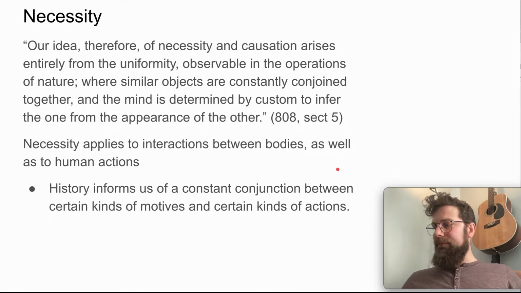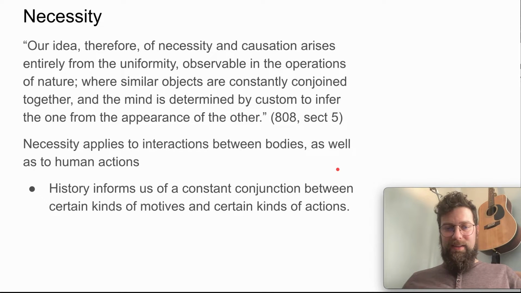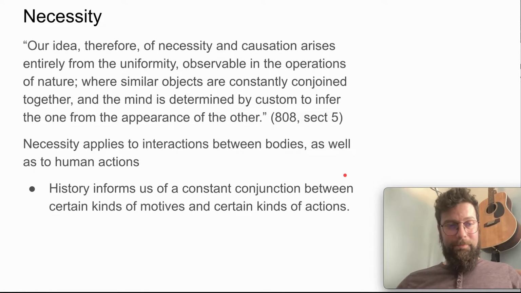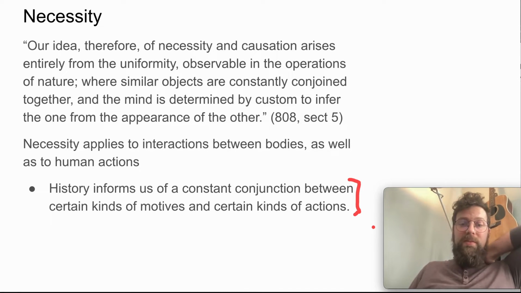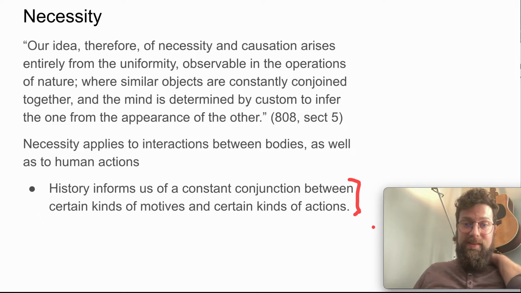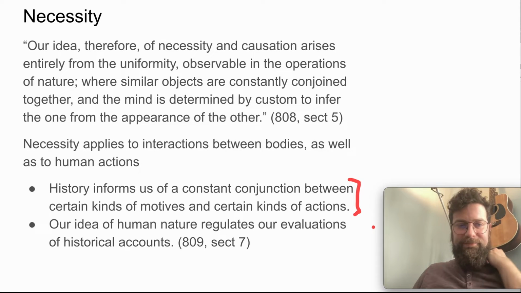This is very predictable. Now, we might think of cases where people don't eat because they don't have access to food or because they're trying to achieve some other goal that eating is seen to be incompatible with. But Hume is going to say, by and large, when you have people who truly desire to eat and there's food in front of them, they're going to eat, right? So Hume is going to say, look, human beings are parts of nature, and we can find constant conjunctions in human behavior just as much as we find constant conjunctions in the movements of billiard balls.